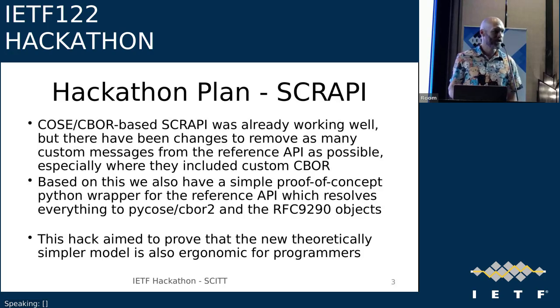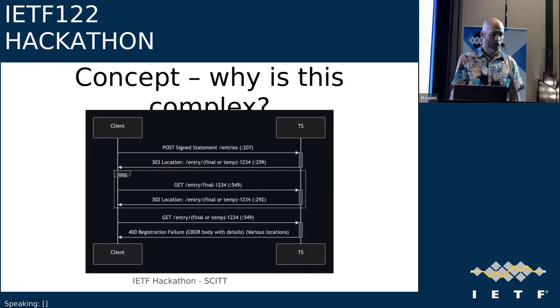We are all about CBOR and COSE and not about JSON REST. So we've got a good opportunity to collaborate there. We already got to a point where this was all working. Between IETF 121 and 122, we've made it much simpler and tried to optimize things at the protocol layer. We wanted to see whether that was actually practical to implement for real-world people, bearing in mind we're trying to make this accessible and make COSE and CBOR actually used by people in the real world. It's got to work with